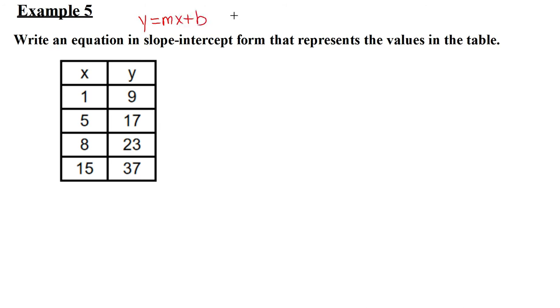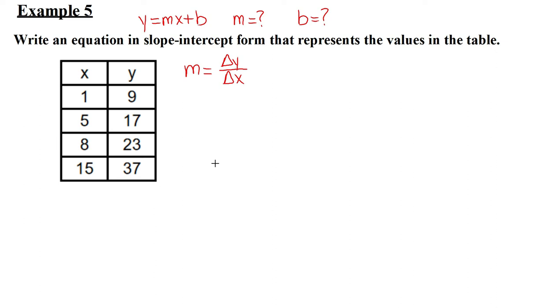And then I need to know what my m is, which is my slope. And then I need to know what my b is, which is going to be my y-intercept, in order to write that equation. So the first thing I'm going to do in this particular problem is find out what the slope is. And I'm going to use a different variation of the slope formula. I'm going to use the variation that says m is equal to the change in y over the change in x. If I find the change in y between any 2 points and the change in x between those same 2 points, and place them in that ratio,